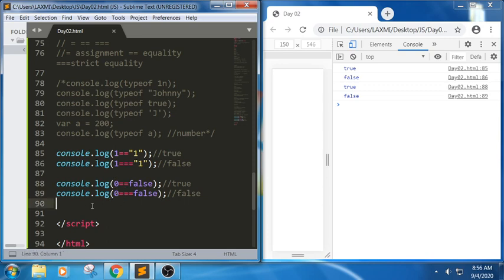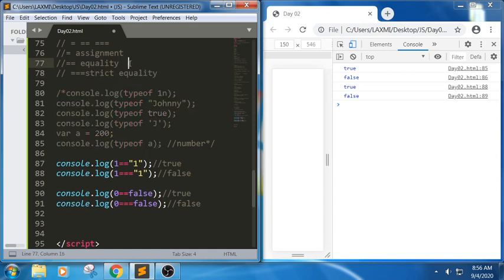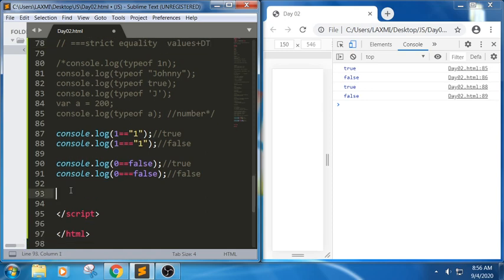Equality will try to check only values. Strict equality will try to check values plus data types, so it will not perform the type conversion and it returns false. Hope you are clear with these two examples of equality and triple equality.